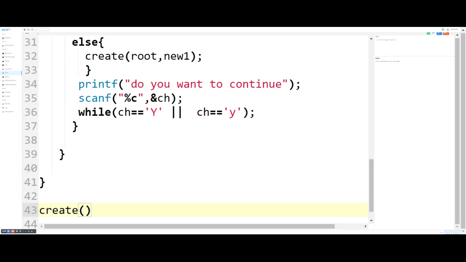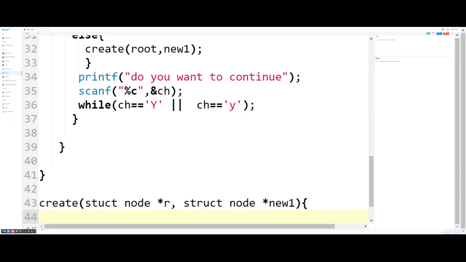So we have to provide struct node, we take r as the variable for root, and struct node new one pointer. So it will take two pointers, new one and root node.